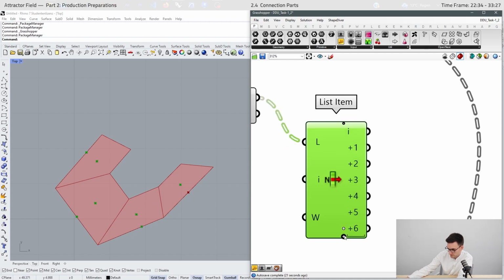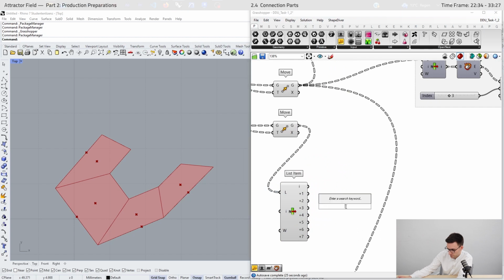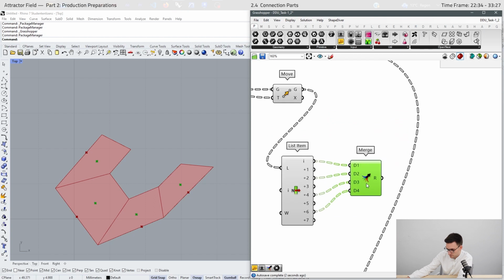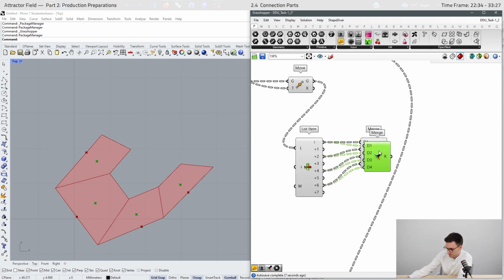So we see that there is a pattern. We can use the merge component and use every second output. These are our centroids. Then we will use a new merge component for the other points.